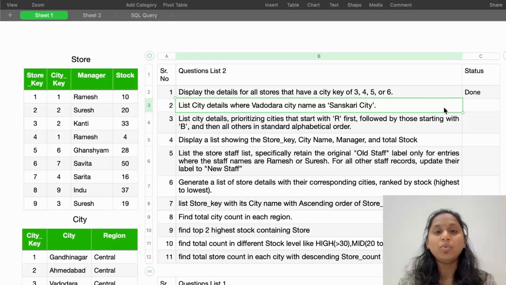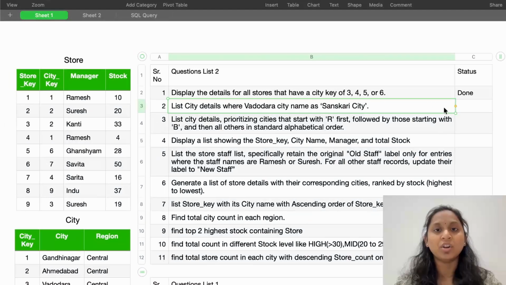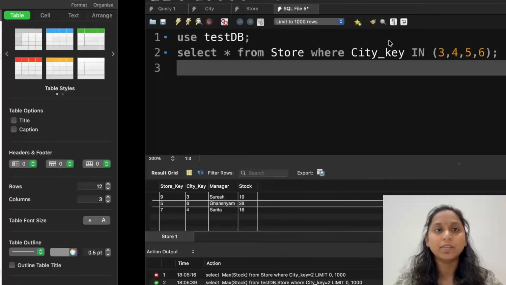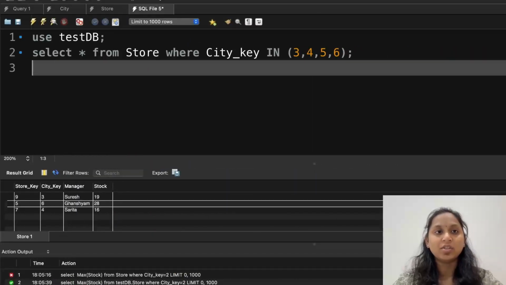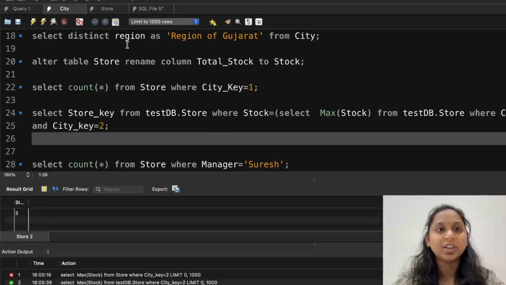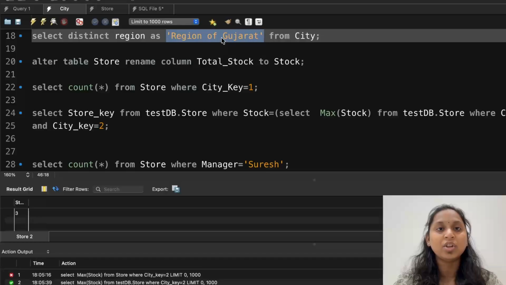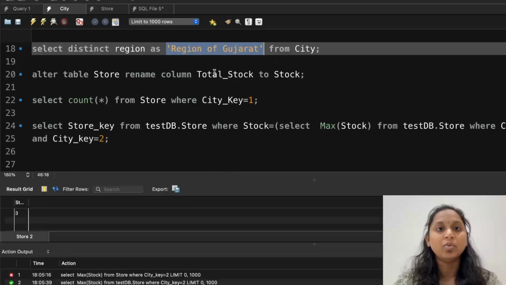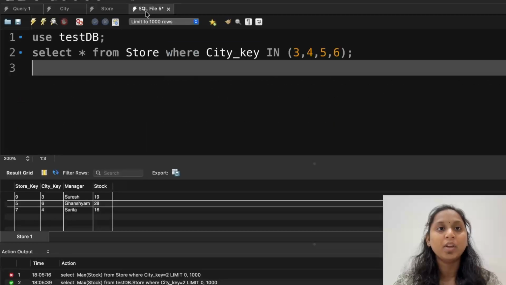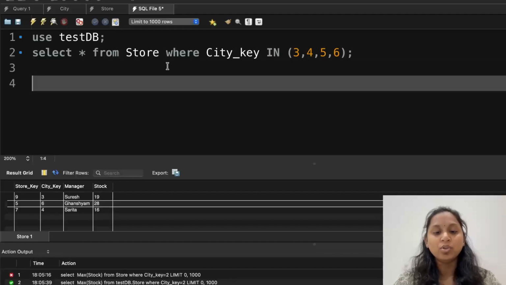Now I want to change the value of one record. Can I make a change in a column name? Do you think I can change the column name with the help of alias? I have already given you the idea in the last lecture how you can change the title, or you can say change the column name. Okay, this way you can change the column name. Now here they are not expecting us to change the column, we are expecting to change the data inside my result. So how can I change the data? For that I use case.